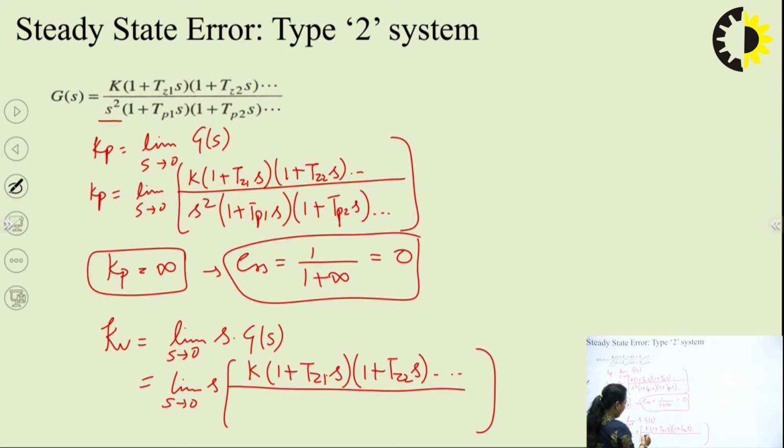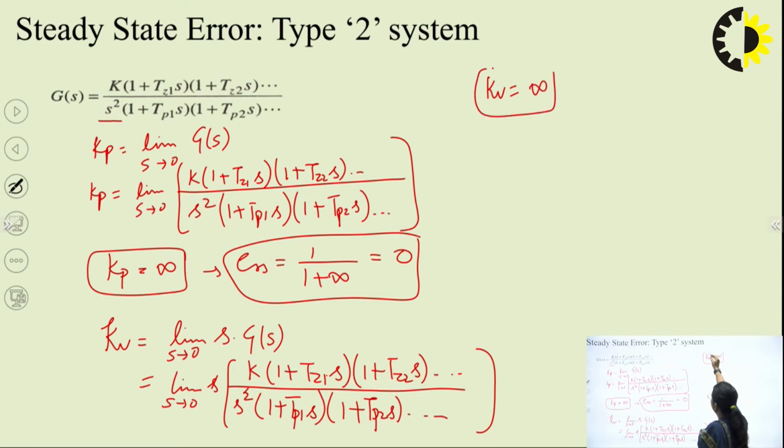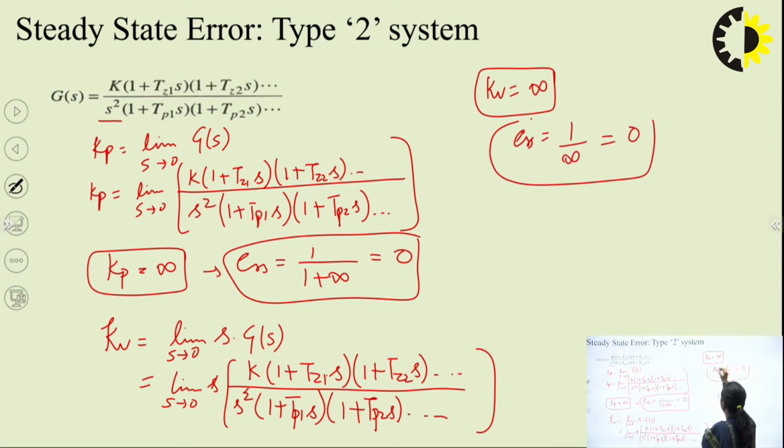The one s raised to the power 1 remains here, because of which the value of Kv will become something upon 0, which is infinite, and the steady state error, 1 upon infinity, means 0